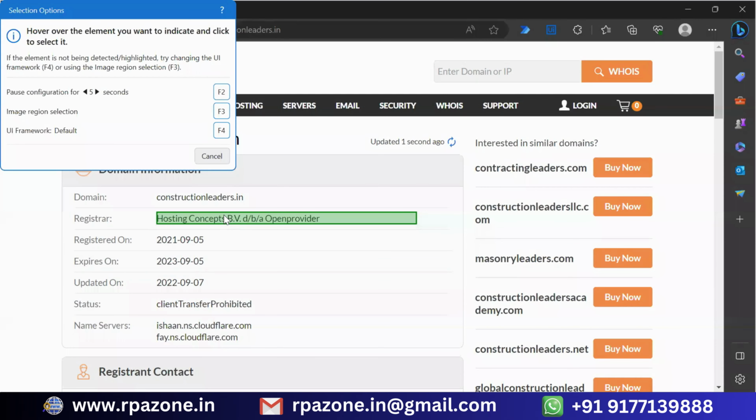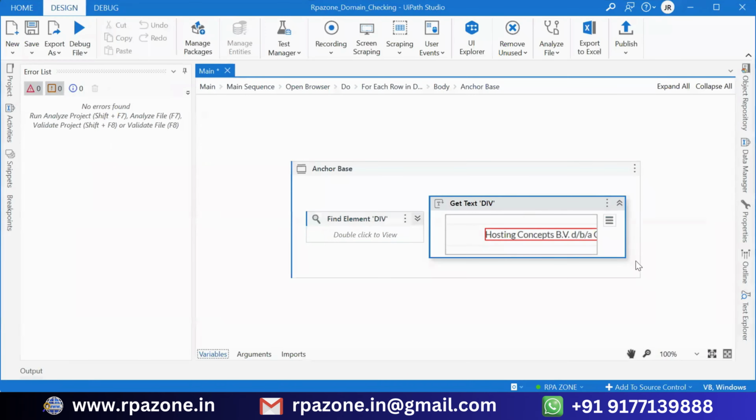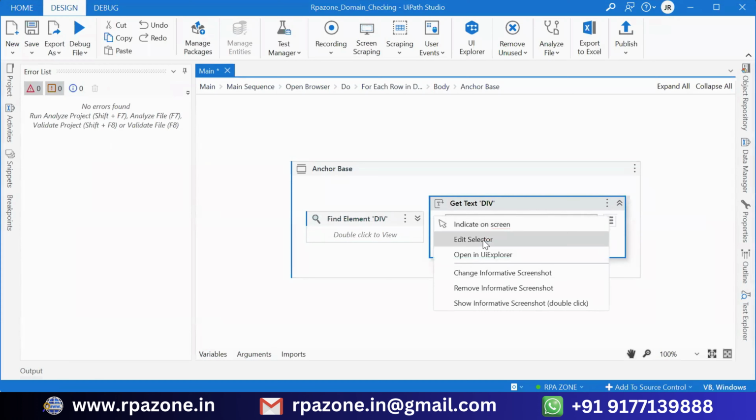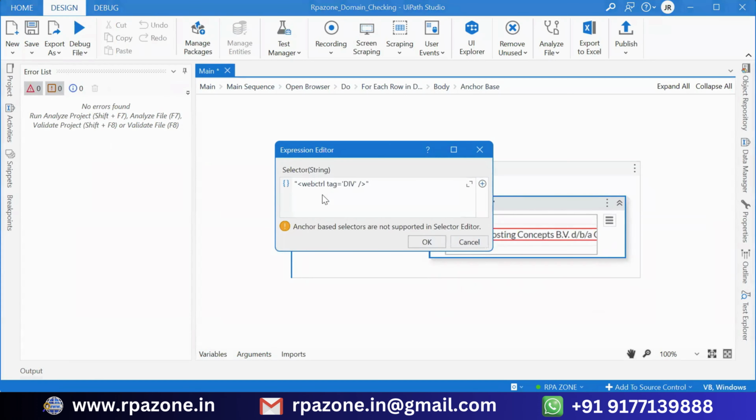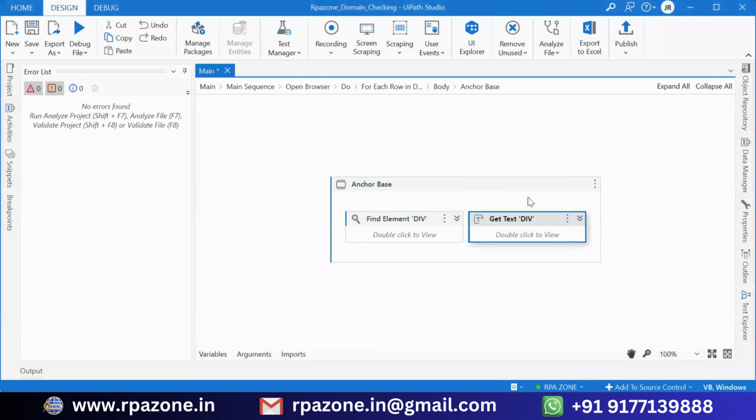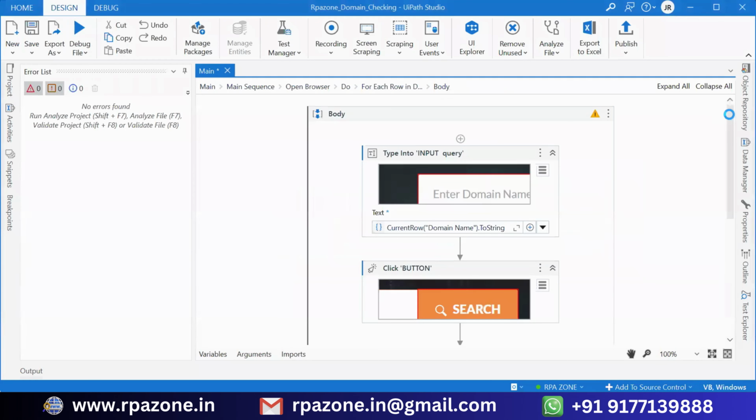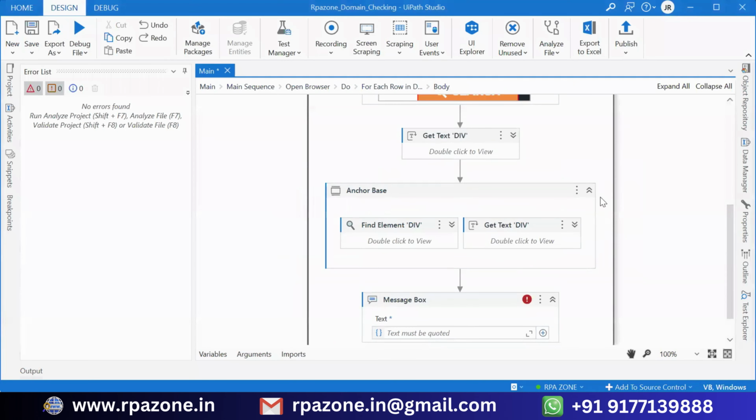This one I'm taking. On the left side here, we cannot edit the selector. Anchor based selectors are not supported in this selector, because on the left side we cannot edit that selector, it will take it automatically. In this anchor base, if you go to the properties,